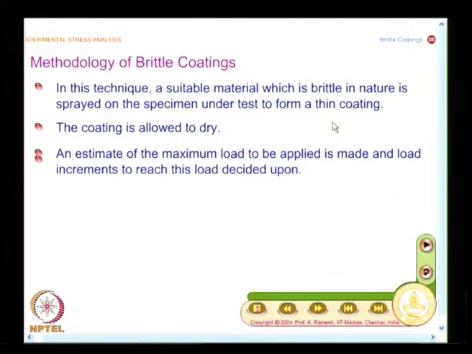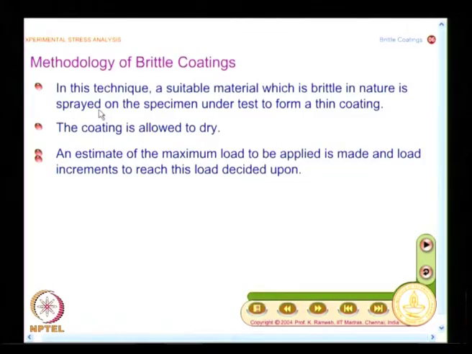So, this simplifies your specimen preparation, because I can cover large areas by a spray gun, and I have already said brittle coating is a useful technique for solving industrial problems which are very large in size, and your focus is to identify zones of stress concentration for further study. So, you have to cover large areas. So, in such a situation, a spraying technique definitely helps. You allow the coating to dry,